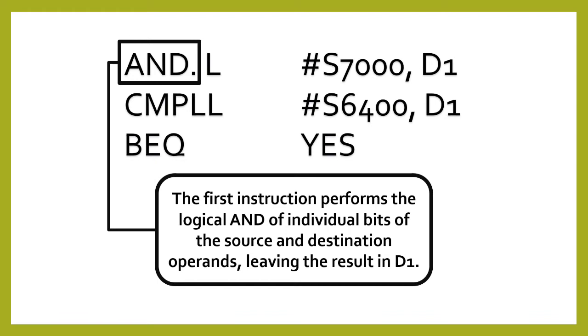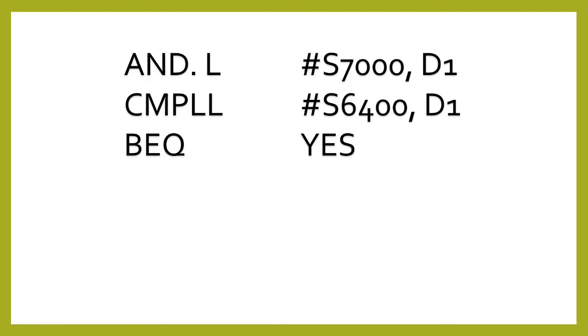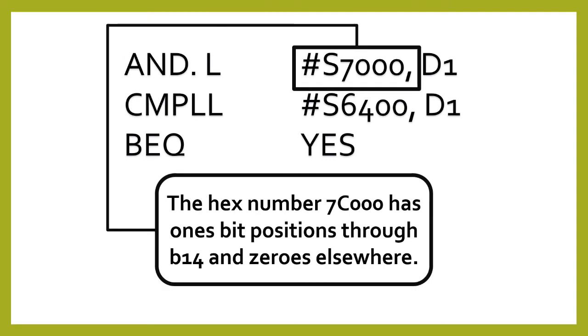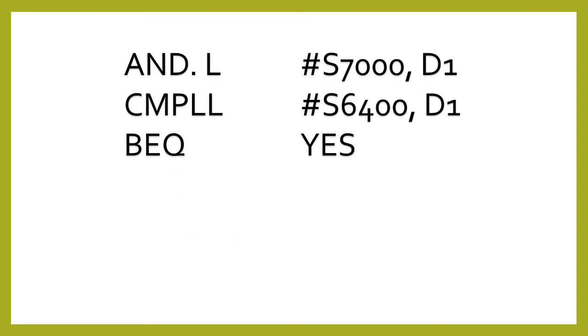Yes, the first instruction performs the logical AND of individual bits of the source and destination operand, leaving the result in D1. The hex number 7C000 has 1s in bit positions B18 through B14 and 0s elsewhere. Thus, as a result of the AND operation, the 5 bits in positions B18 through B14 in register D1 retain their original values and the remaining bits are cleared to 0. The subsequent compare instruction tests whether these 5 bits correspond